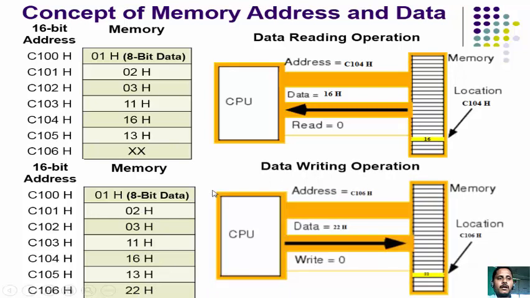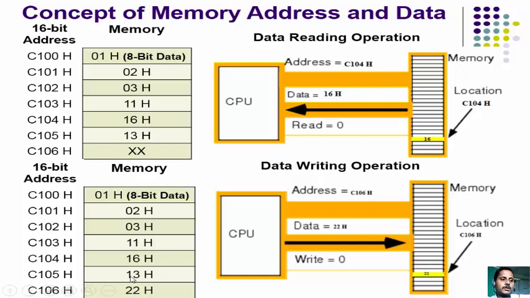Then the data writing operation. Now suppose the CPU or processor wants to store data at location C106 hex. First the CPU will provide the memory address, that is C106, and by using the data bus it will store data 22 hex to that particular C106 location. Now in this diagram we can see that 22 is stored,